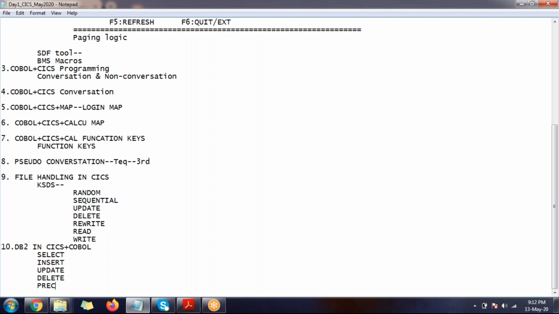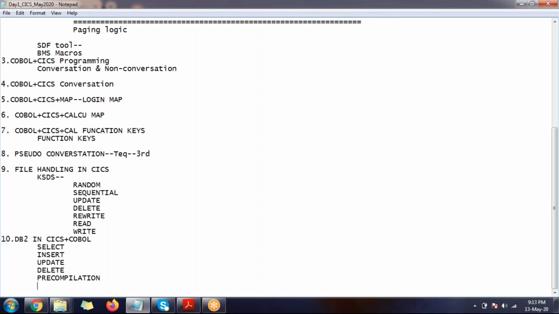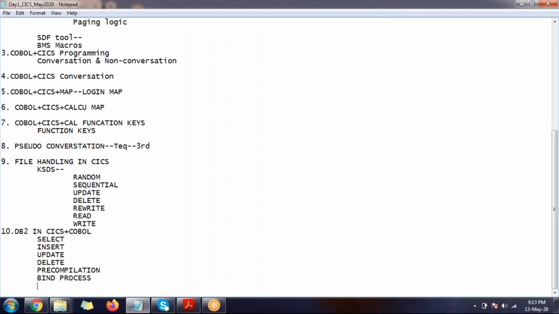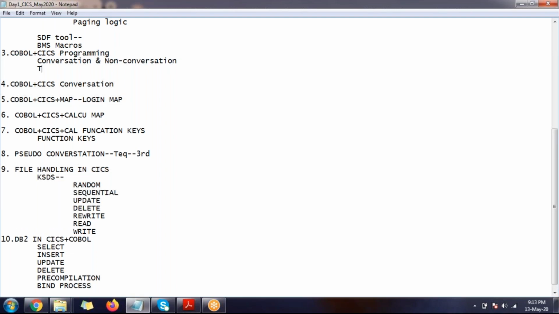Obviously, if I want to execute COBOL CICS DB2, we have to discuss the pre-compilation process, bind process, and compilation process. These are all the things that will be covered. Even here we have something called a translator. If you are compiling a simple COBOL program, we have the concept of compilation. Here we have the concept of a translator. With the help of the translator, we will convert all COBOL CICS programs: translate, compile, link. We are going to discuss each one of them in detail.